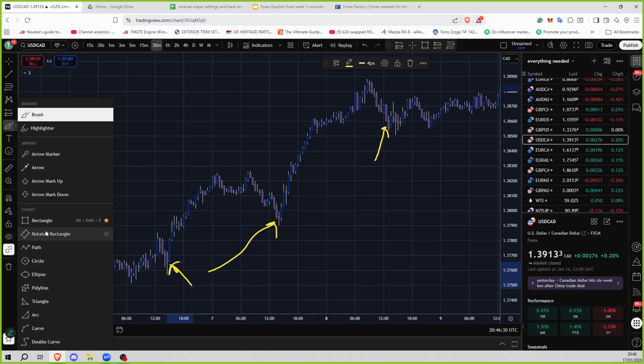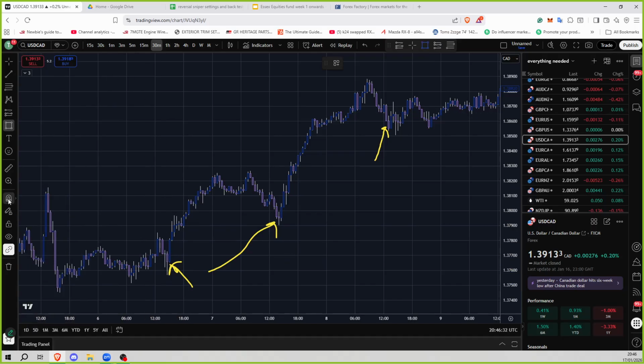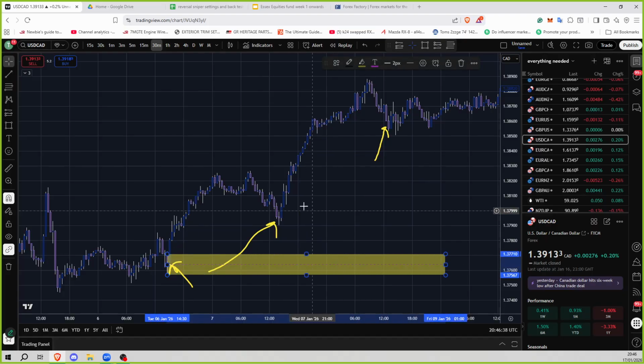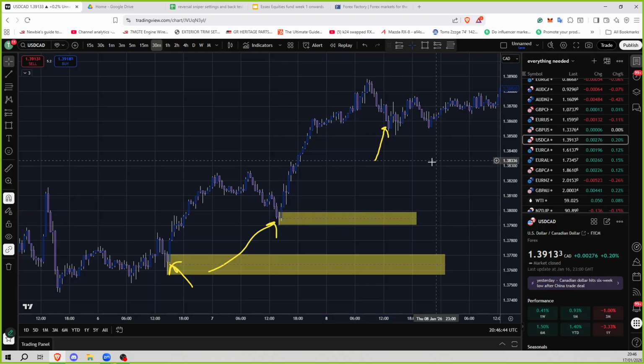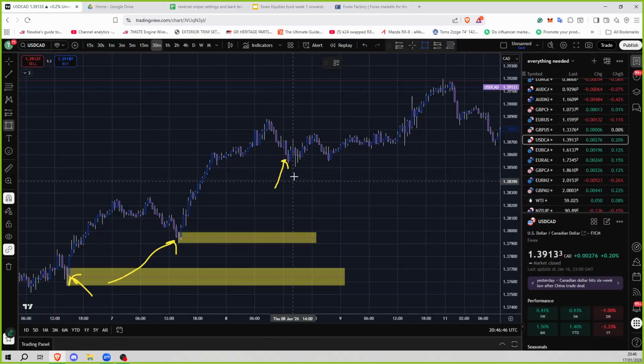And the way you would mark it out is you would basically take this, you would grab that. Some people do it to the whole length of the candle, some people do it to the body. I'm just going to do it to the whole length of the candle. I think it's the better way of doing it. It's the safest way of doing it. So you would end up with your order blocks looking like this,